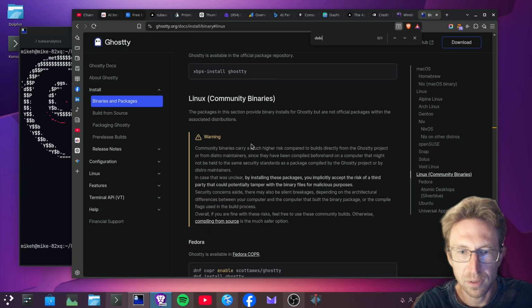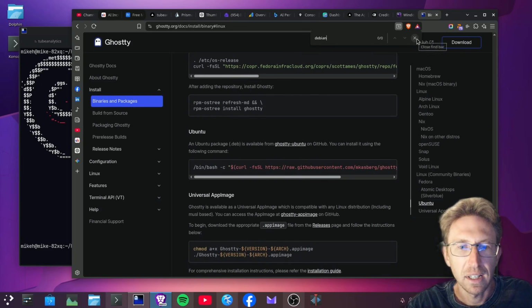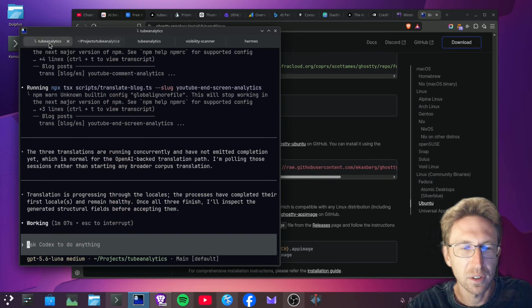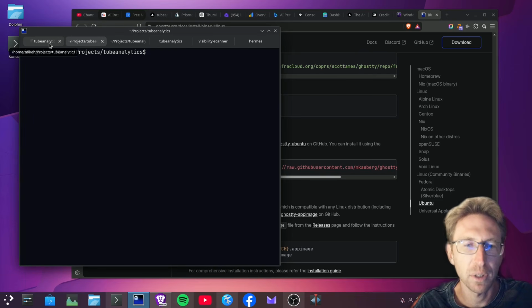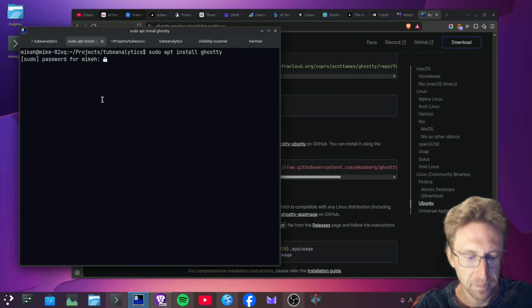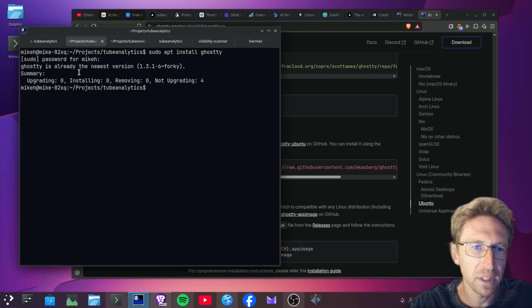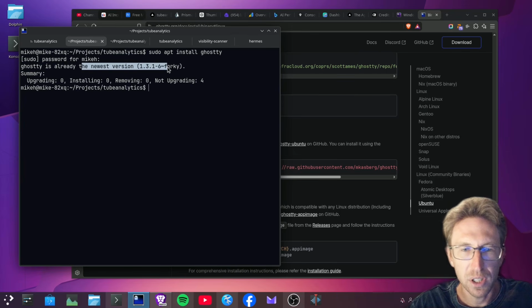We could just search for Debian and it should pop up, or we could just go ahead and use apt-get to install this. So I'm just going to open up a new tab. We're going to be using Ghostty to install it. I'm going to do sudo apt install, and we should just be able to do ghostty. I'll type in my password, and as you can see, we've already got the latest version, which is 1.3.1, installed